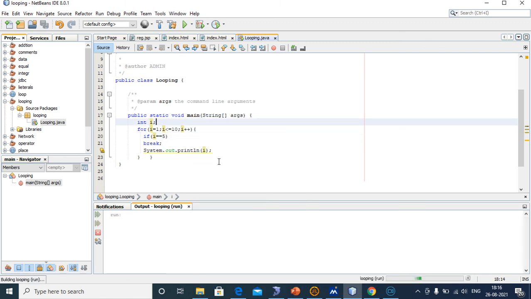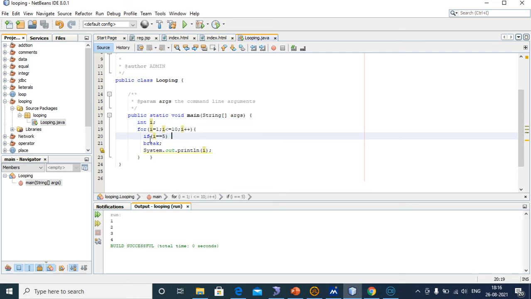We'll run the file. Here, i is equal to 1, i less than or equal to 10. Its value keeps incrementing. But here, i double equal to 5 means i equal to 5. Once the condition i equal to 5 is met, after 5, the break statement will terminate the program. It does not go again and check the condition. This is the break statement.